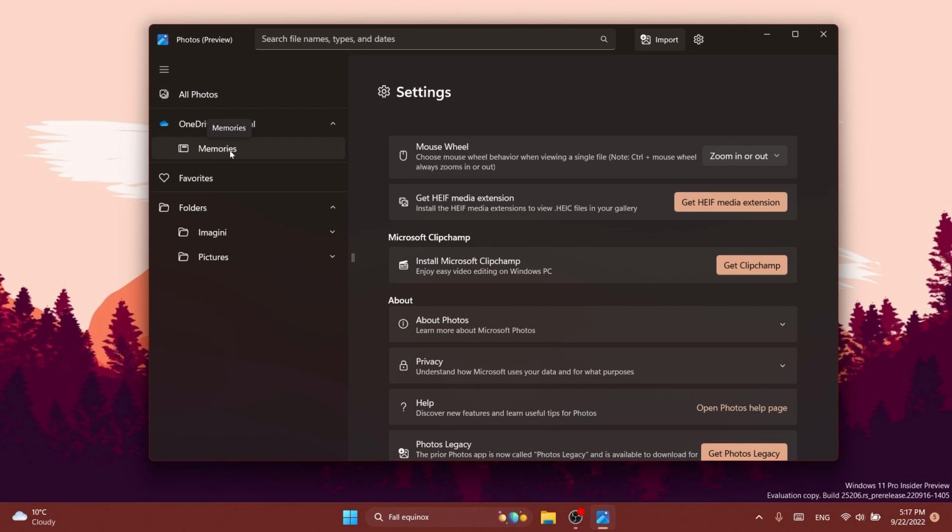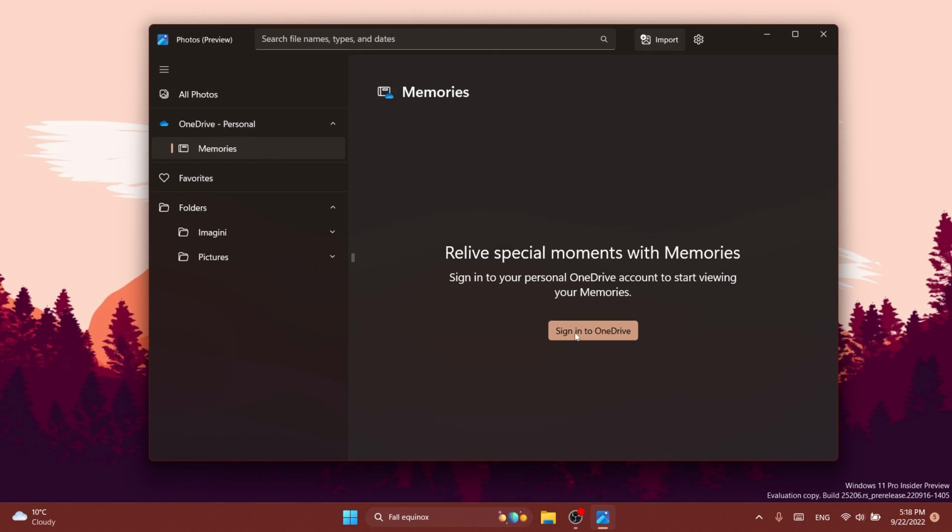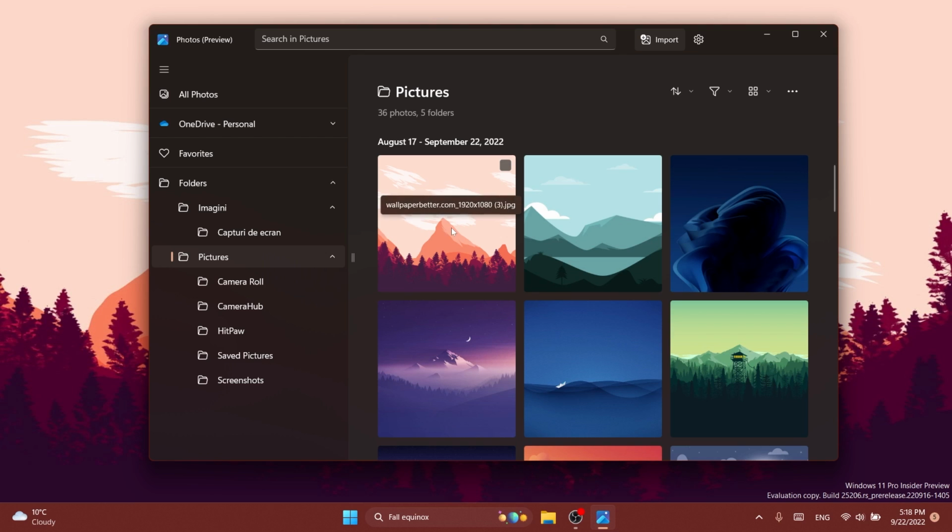Another new addition that Microsoft is highlighting is that we have a memories section regarding the OneDrive accounts. So if we click on the memory section, of course we're going to have to sign into OneDrive, and we will be able to relive special moments with memories, of course, if you have photos and stuff like that stored in your OneDrive account. All around, the Photos app was updated with a new experience, so we have a bunch